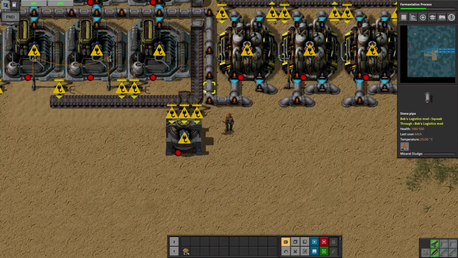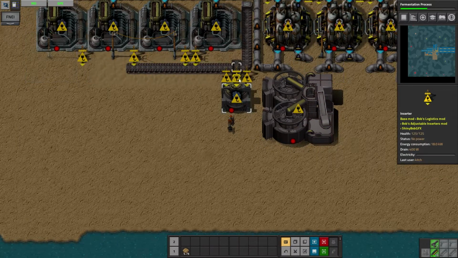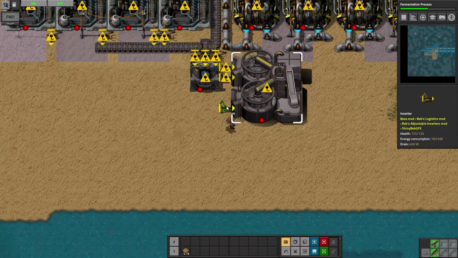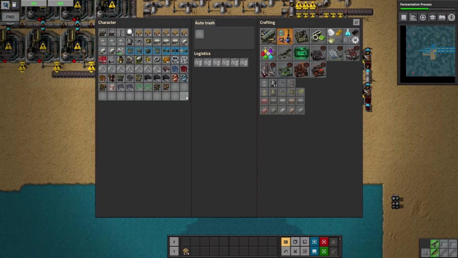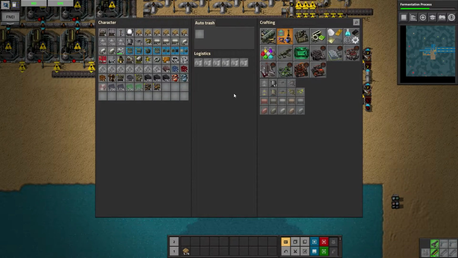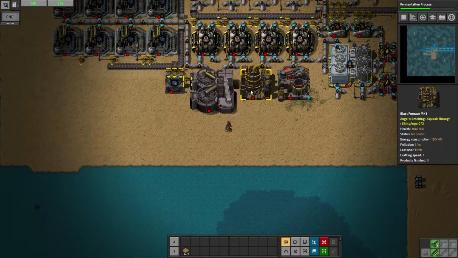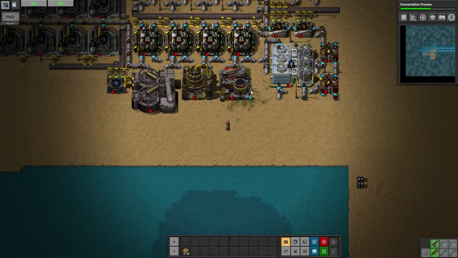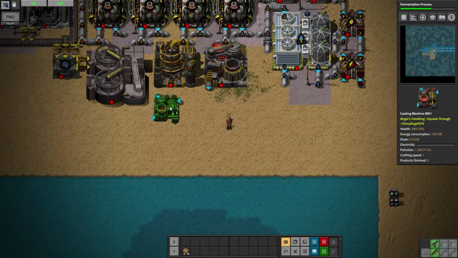So yeah, you crush the sapphirite ore. Which will go into there. Which we can send into the blast furnace. Which we send into the induction furnace. All right, we're not going to have enough room. Which we can send